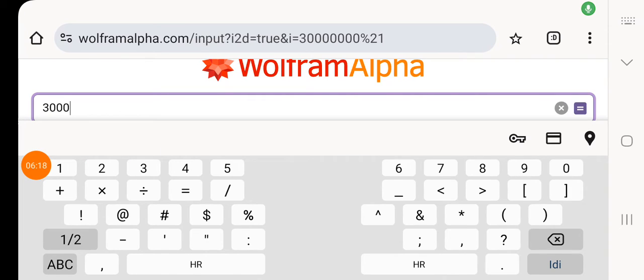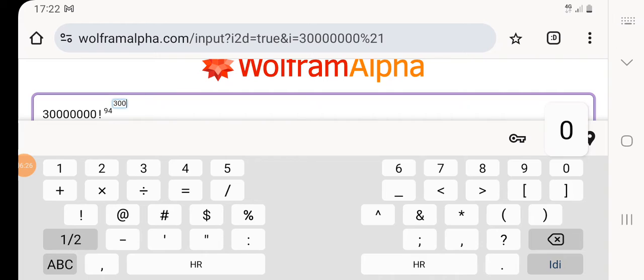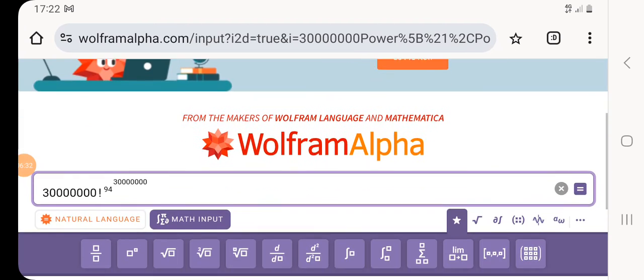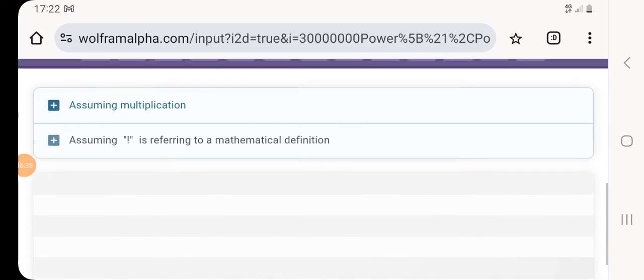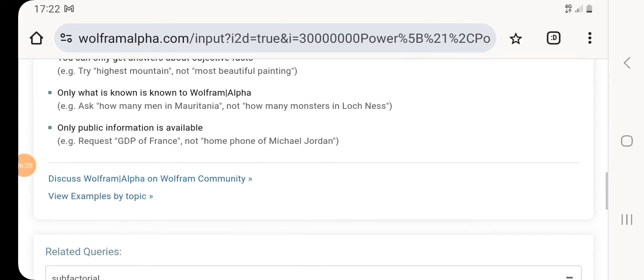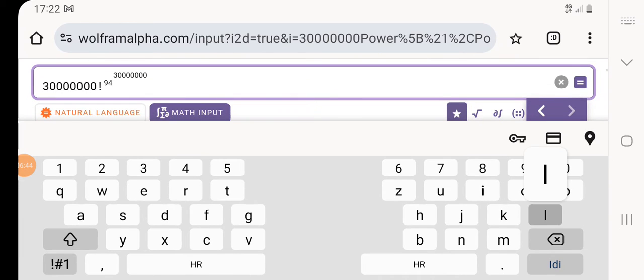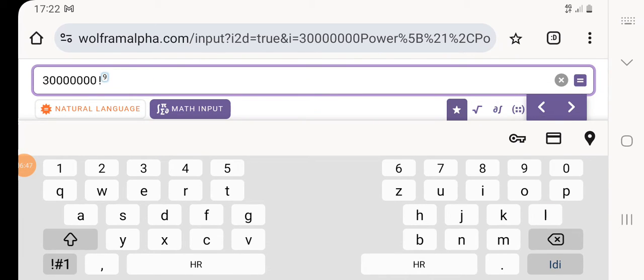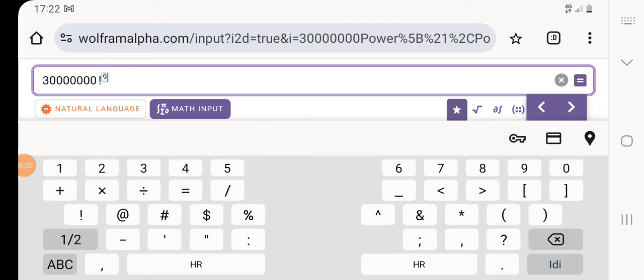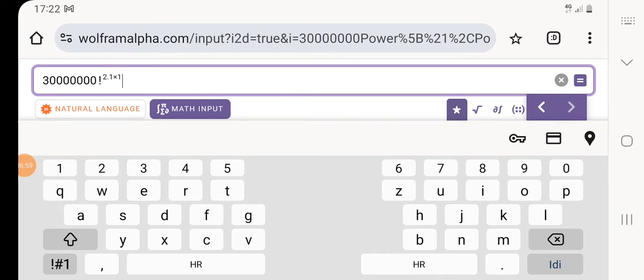Alright, here we have 30 million factorial to the power of 94 to the power of 30 million. So this equation solves out to a total of... you won't believe this. Dang it! That's just great. To the power of 1 times 10 to the